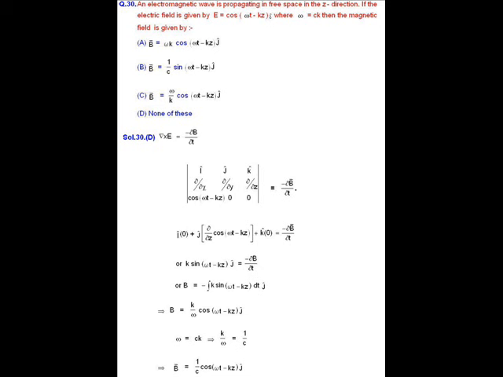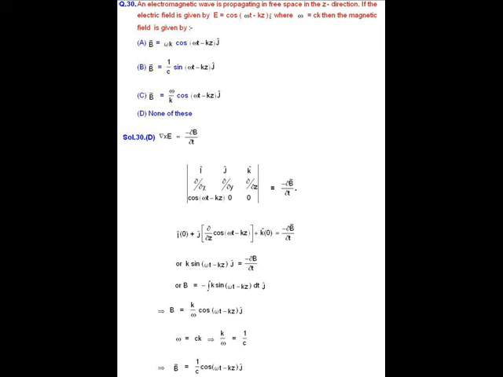So by the Maxwell equation, we know that the curl of electric field E vector is equal to the negative of the rate of change of magnetic field. That implies del cross E is equal to minus del B over del t, or del cross E is equal to the determinant of i cap, j cap, k cap, del over del x, del over del y, del over del z, Ex, Ey, Ez, that is equal to minus del B over del t.